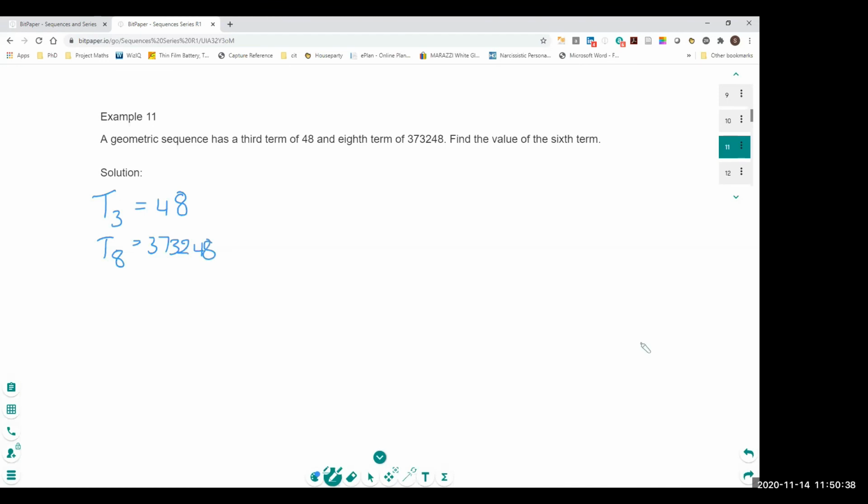But we also know the general term for the geometric sequence is a r to the power of n minus 1. So T of 3 should be a r squared, and that's equal to 48. And for T of 8, that should be a r to the power of 7, and that's equal to